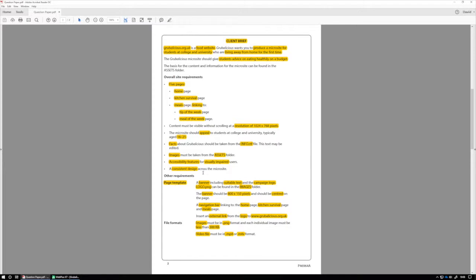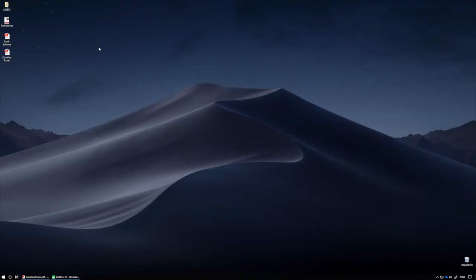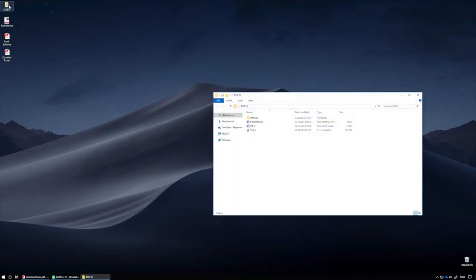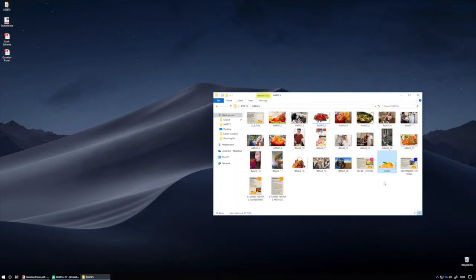The page template needs a banner including suitable text and the campaign logo. The campaign logo is called logo.png and is found in the images folder. As you have completed in your previous CiDA tasks, the easiest way to make a banner will be through navigating to the assets folder and into the images. We can find the logo here. If we open up the Photoshop app,